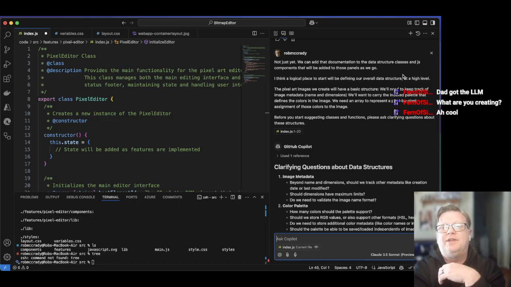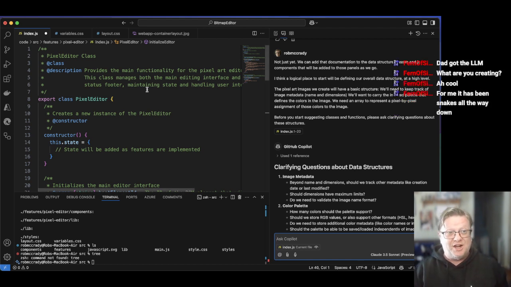This project that I'm using to demonstrate that process is going to be a pixel art editor, because I have need for some other projects I'm building